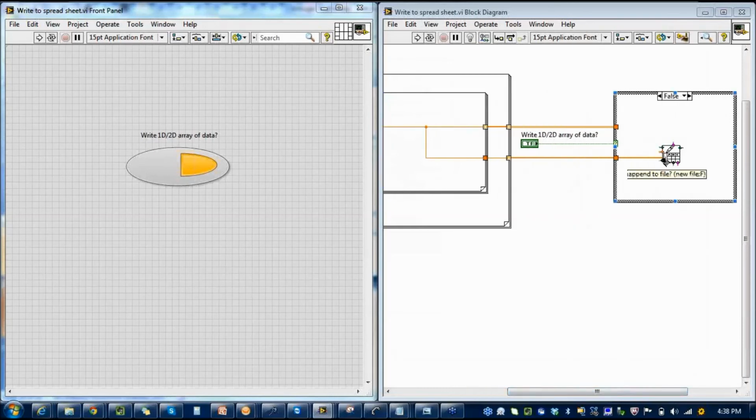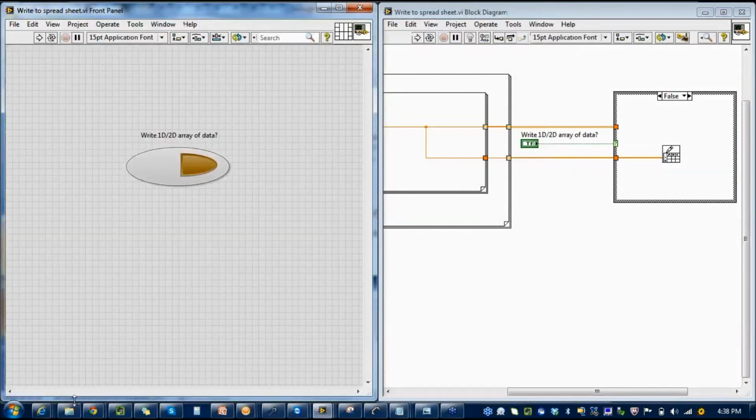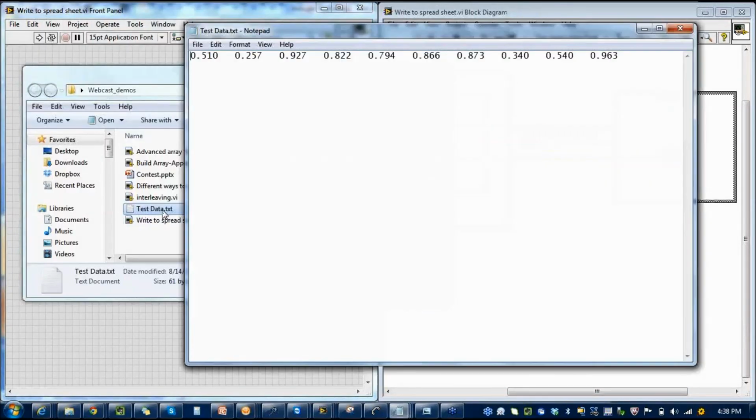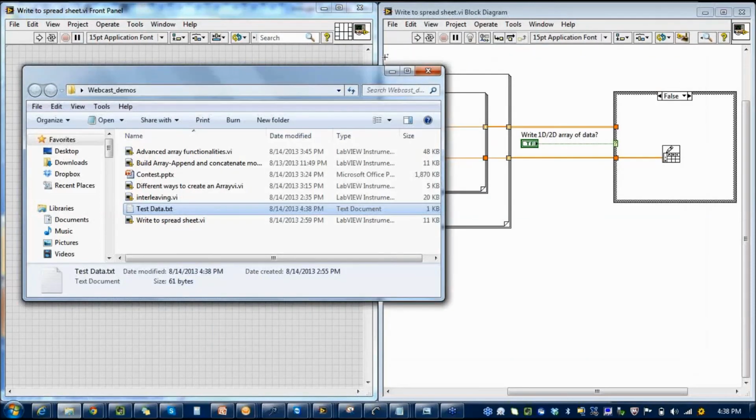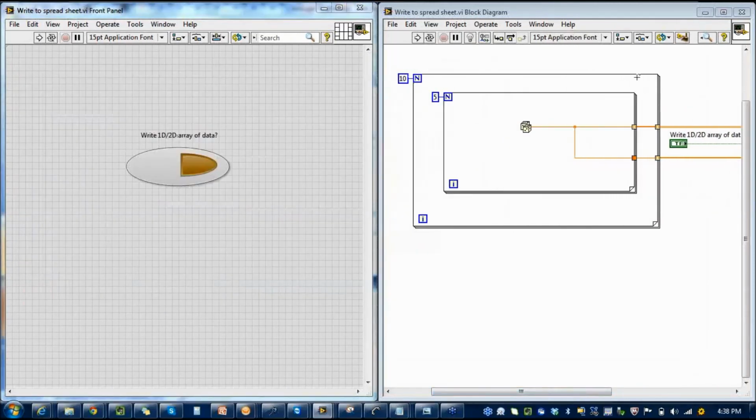This 1D array goes to the 1D input of this text file. Now when I run this, I'll write it to the same text data and say OK. Let me observe the text data. Now you see I have 10 elements out of my outer for loop. Since I indexed only my outer for loop, I have only 10 elements.